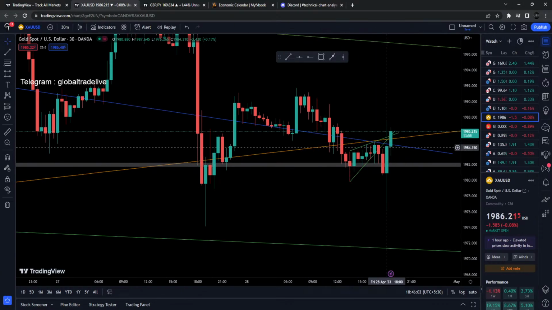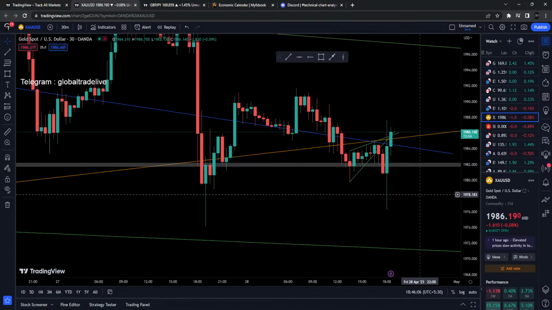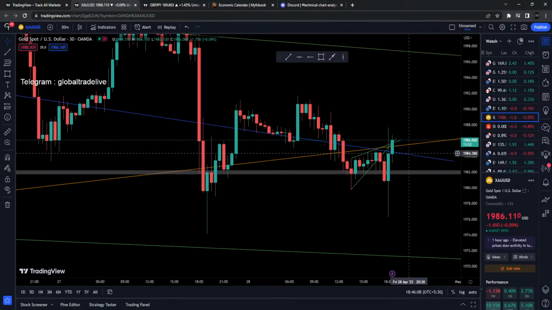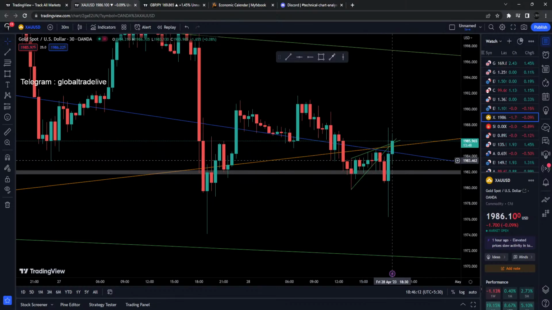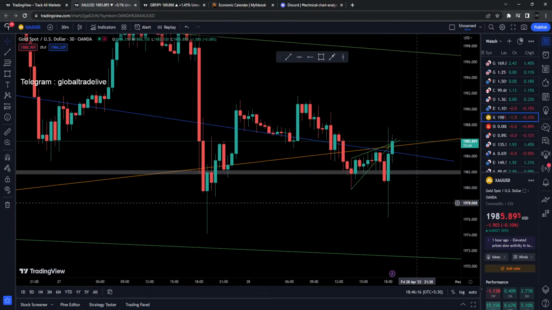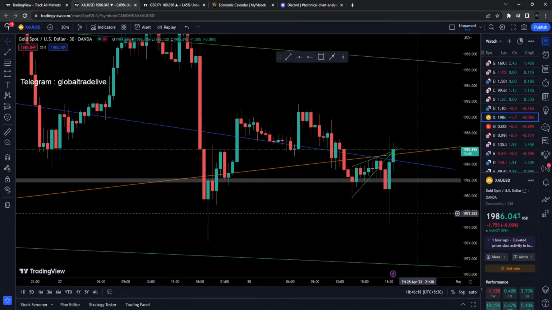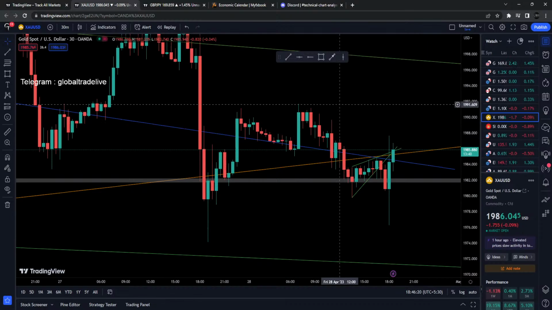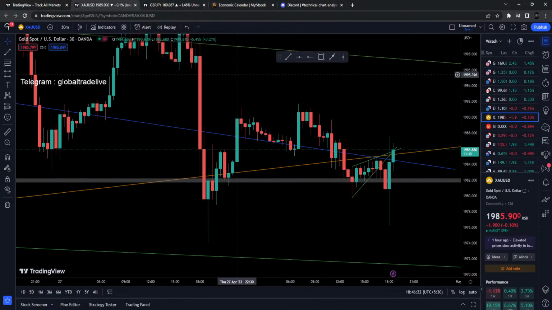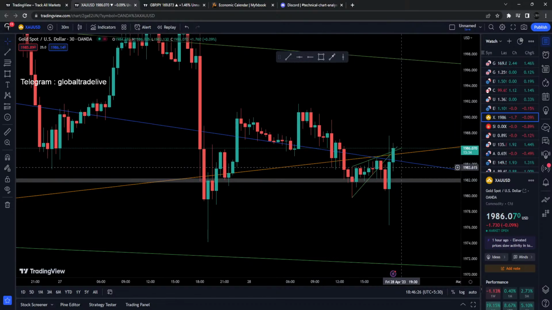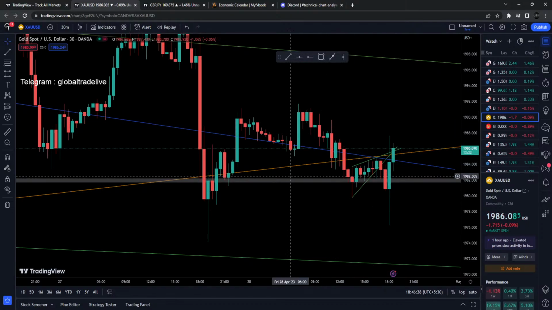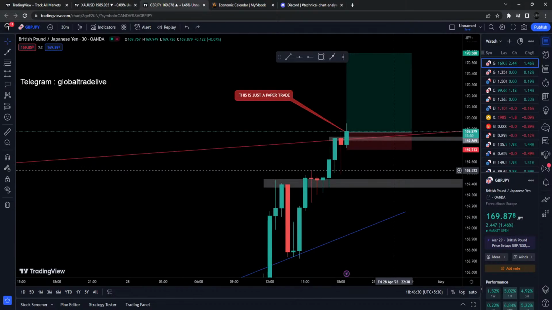So it went down, went up, went down again. So there is a lower low actually. I still think that this 30-minute candle should be closing bearish, or it should be rejecting the higher prices. But that's just a probability. I'm not sure. So I'm gonna just wait for the 30-minute candle to close, because I'm really thinking of taking sells in gold rather than buys.